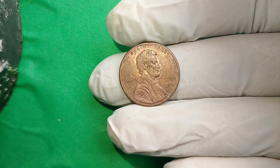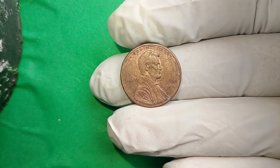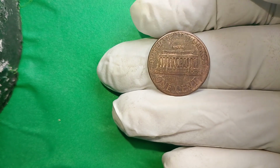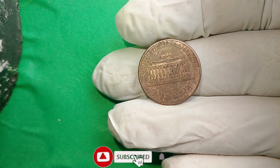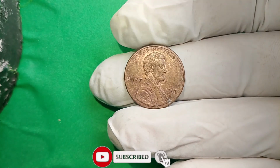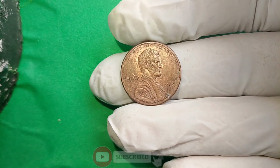Consider the emotional impact. Someone might be sifting through pocket change or sorting old jars of pennies, spotting a slightly odd gleam, a faint doubling on the date, or a raised outline on the reverse. Taking a closer look under light, realizing this isn't a normal cent, and then embarking on a journey of research, verification, and astonishment as experts confirm it's the single most valuable Lincoln cent ever